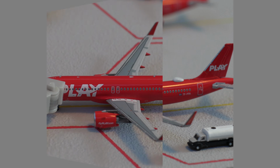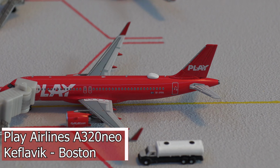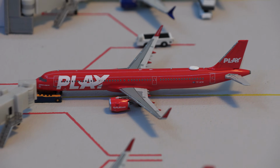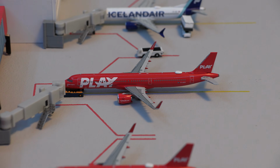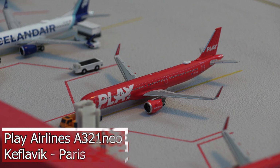This aircraft will be pushing back shortly and getting fuel onto the aircraft, and it'll be heading out to Boston. Moving right along, we have this Play Airlines Airbus A321neo. This aircraft is currently pushing back and will be heading out to Paris, and then from Paris we'll head back